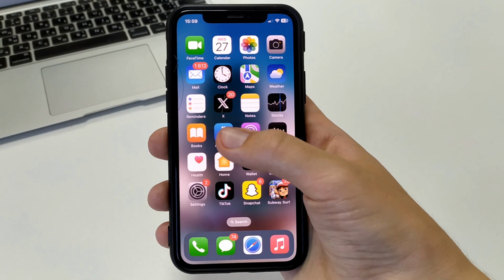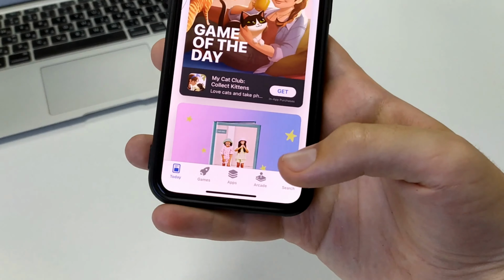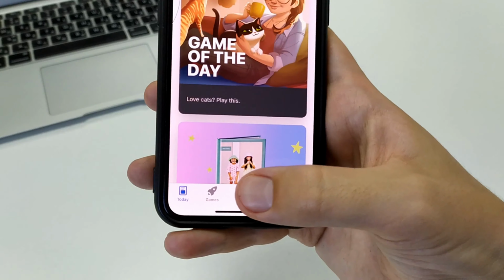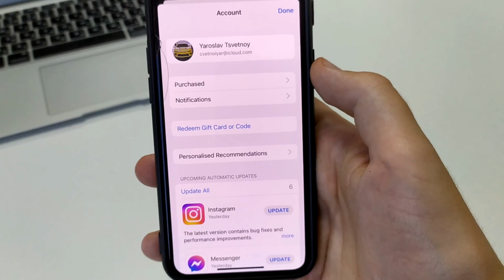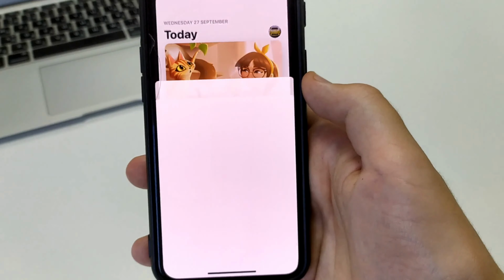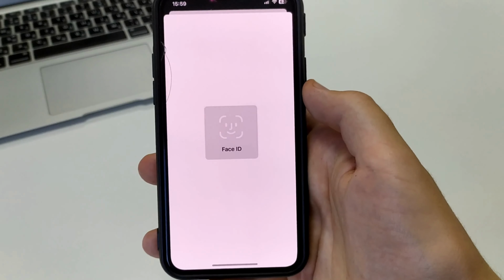To do this, we need to go to the App Store on the iPad or iPhone. After that, there is a search box, Applications, Games. We click Today. In the upper right corner, we click on your profile. Your account appears here, and we click on your Apple ID. Now we will go through this download.